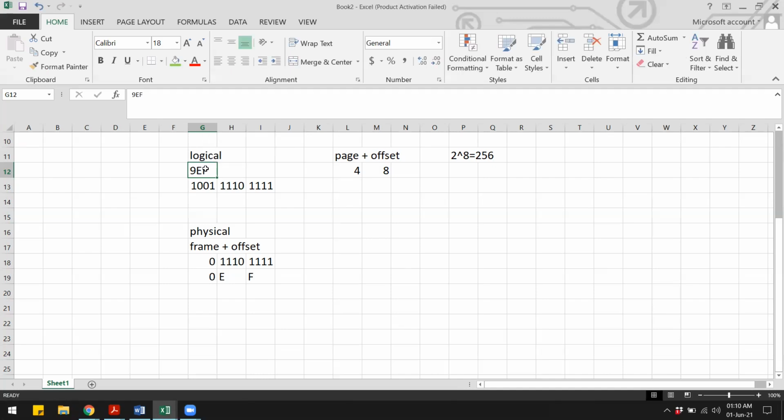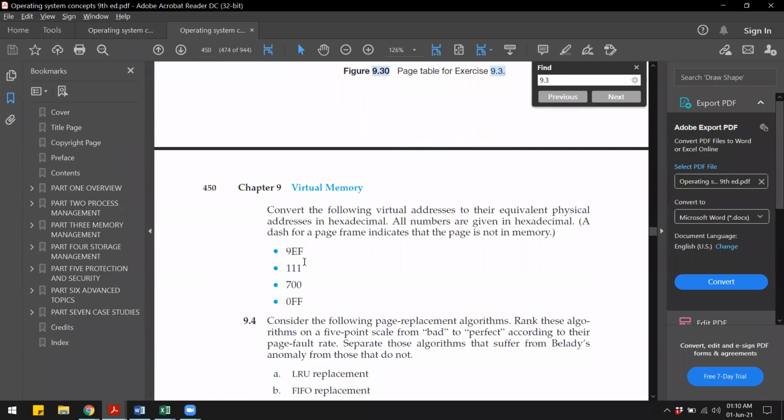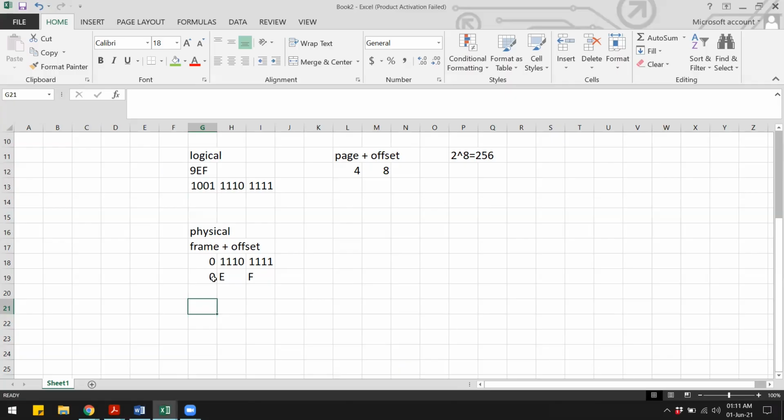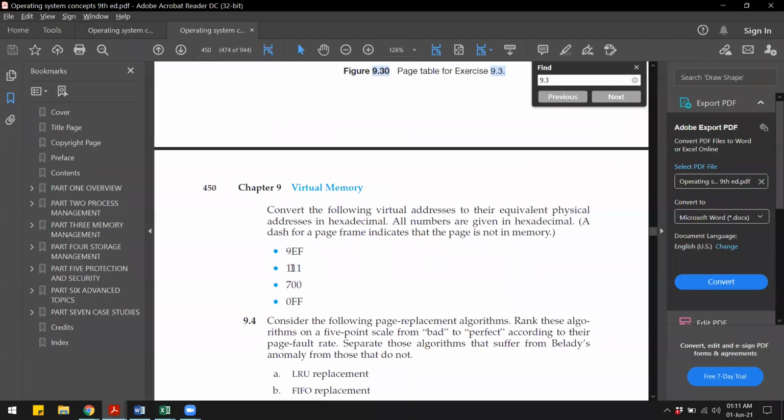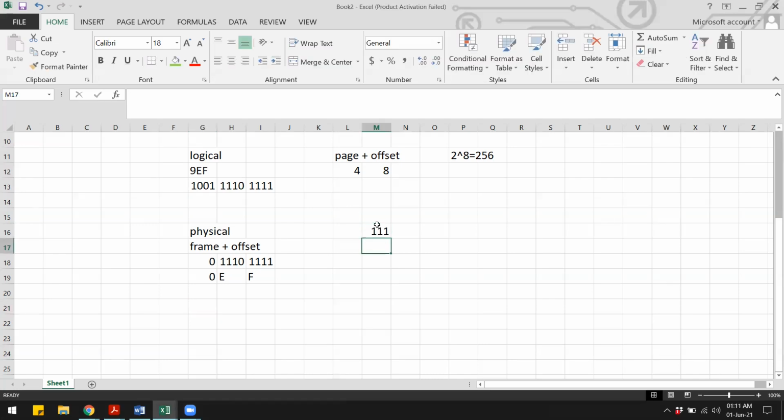So for this question, we don't really need to convert the addresses into binary. We can just get the last two letters, that will be the offset, and the first one will be the page number. So for the first one, the physical address is 0EF. Then for the second one, that is 111. So again, this is in hexadecimal. From here, these two numbers will be the offset and that will remain the same in the physical address.